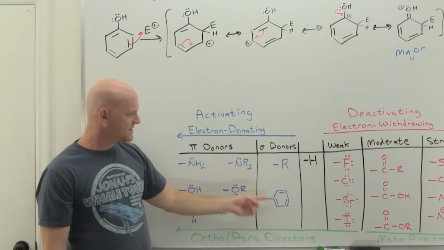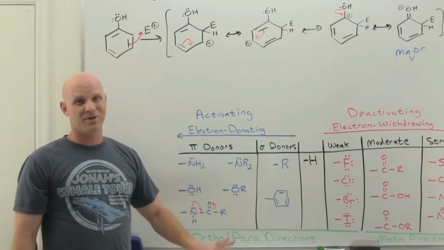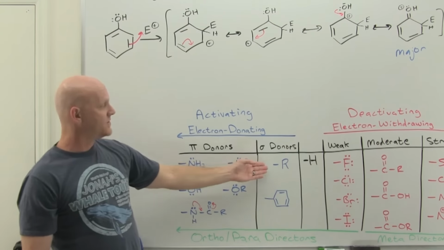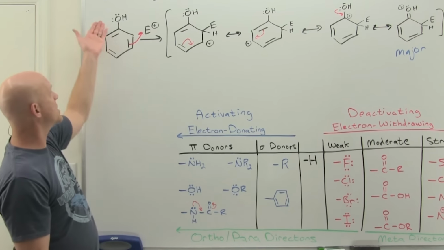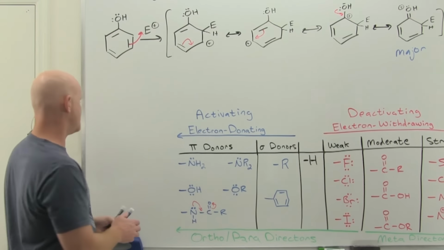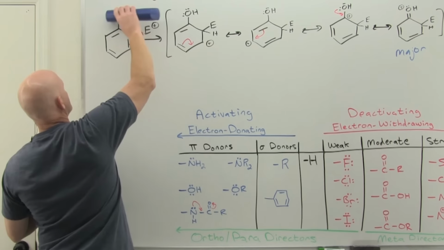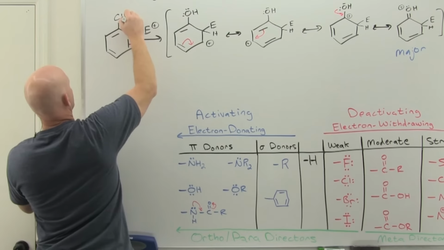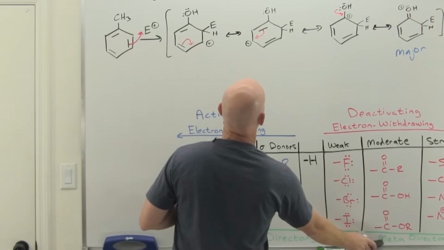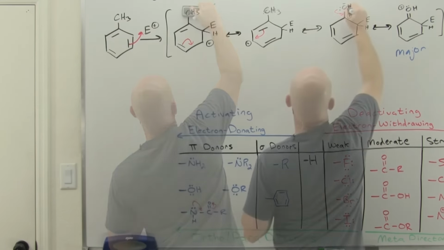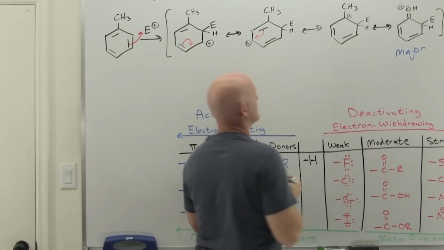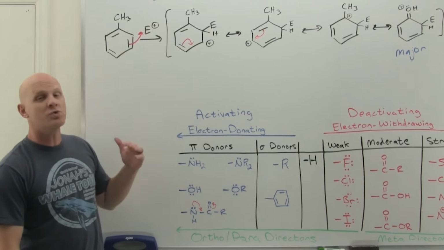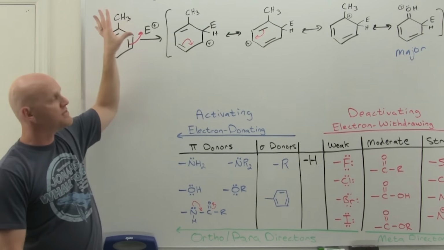All right, so what about these sigma donors? They're not doing any resonance per se, but you've just got an alkyl group or an aryl group. Let's just consider an alkyl group for a minute. What if this OH right here had been simply a methyl group? So let's go and just replace this with a methyl group, and do that across the board here. Let's see what happens. We'll see why I didn't replace it on the last structure at the end, because we're going to erase it. All right, so in this case, if it's just a plain methyl group,